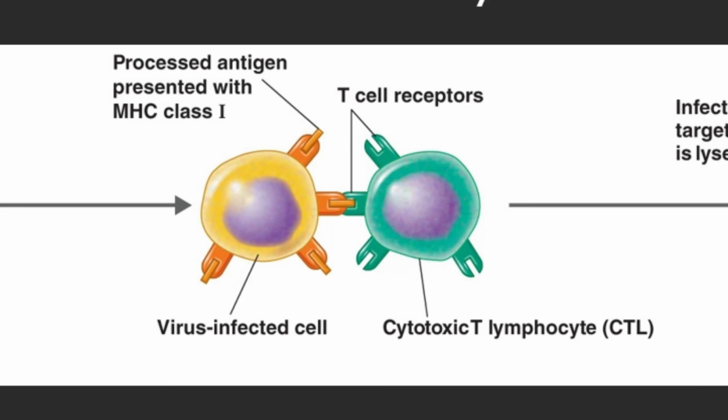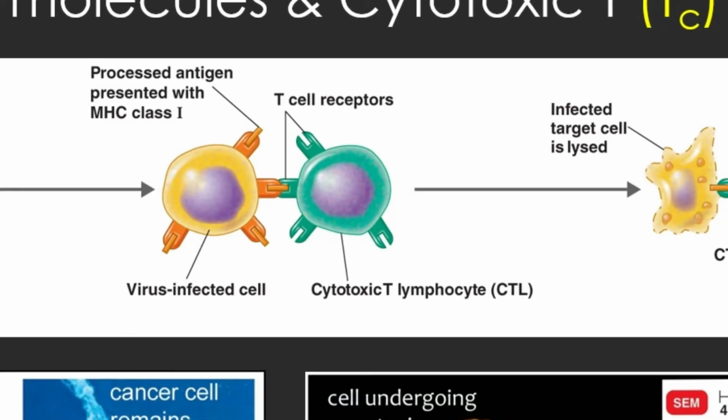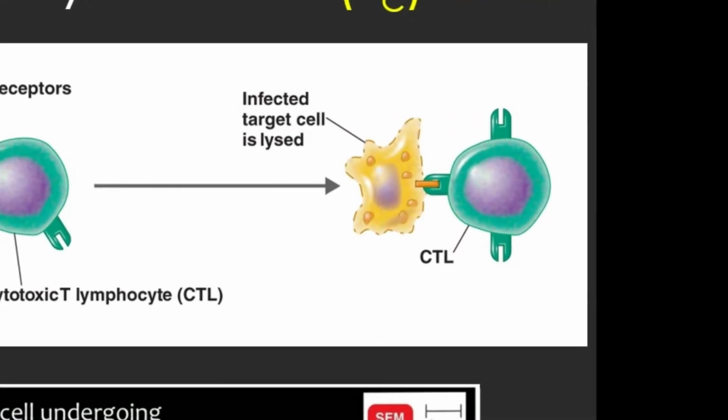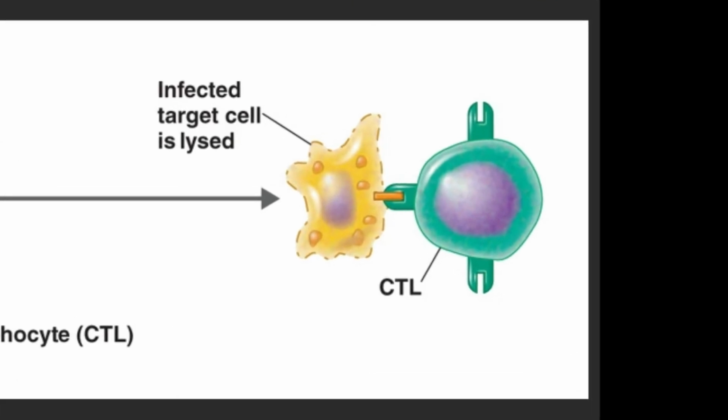Now that could be an intracellular bacterium, it can be a virus, anything that's inside the body cell making the body cell sick. So this body cell presents antigen in its MHC class 1 molecule, and the T cell recognizes that MHC class 1 molecule with its CD8 T cell receptor, and when it interacts with it and recognizes that foreign antigen, the cytotoxic T cell or cytotoxic T lymphocyte, as you can see here, releases chemicals that kill that